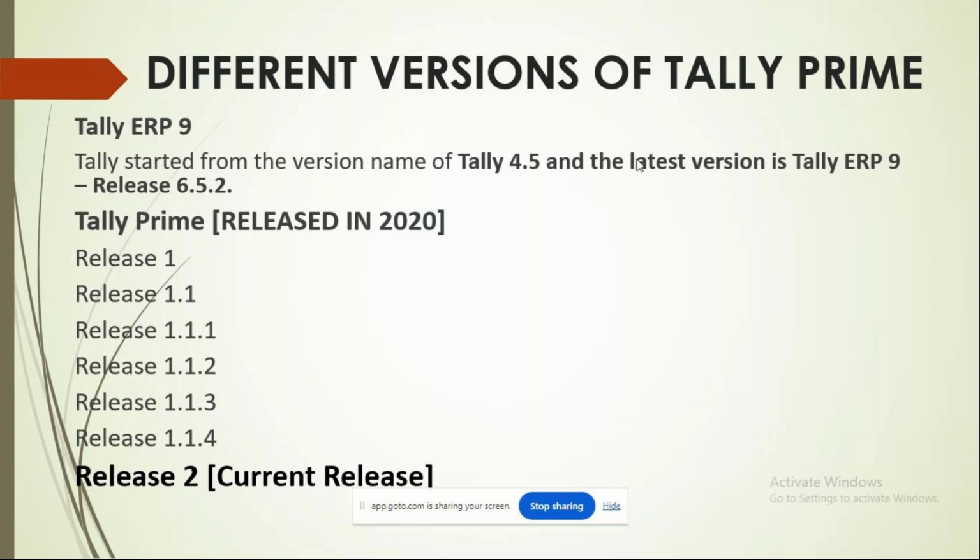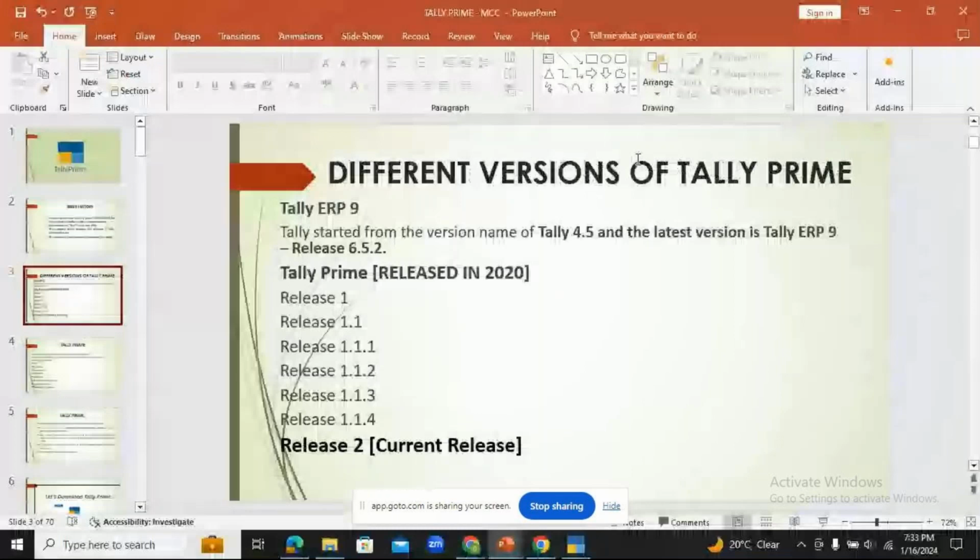release. Later on in 2020, a year for all of us to remember, the lockdown period, we had the upgradation from ERP9 to Tally Prime. So that was the older version, and this is the current version of your Tally. Tally Prime got released in 2020. It was release 1, then 1.1, then 2, 3, 4, release 2. Then afterwards, it became release 3.0.1. Now currently, all of you are working in release 4.